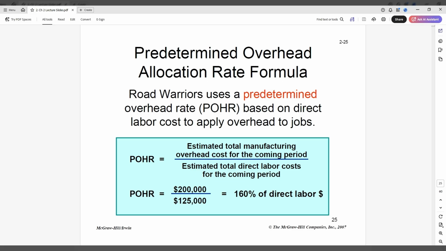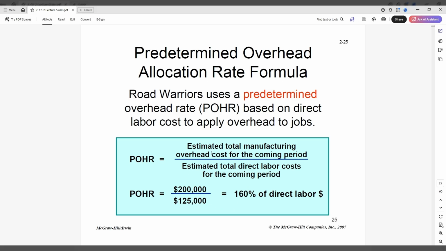So here's an example of how they came up with that 160%. We use a predetermined overhead rate, POHR, based on direct labor cost, right? And so we come up with this 160% actually before the year even starts. This is part of our budgeting process the year before. So maybe sometime in quarter 4, around October, November, December, as we are planning and forecasting activity in our company for the next year, starting in January,